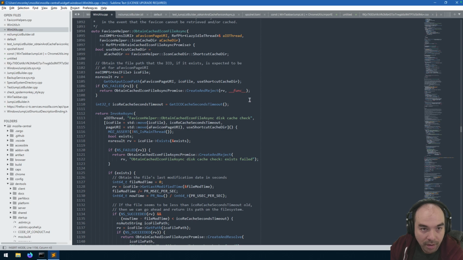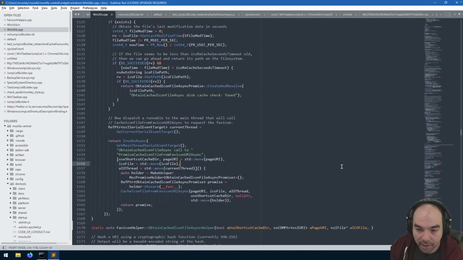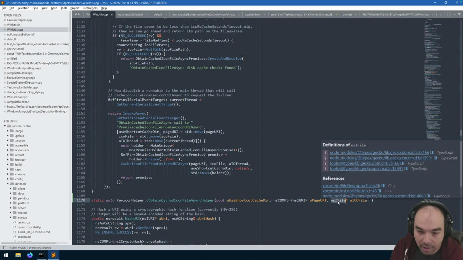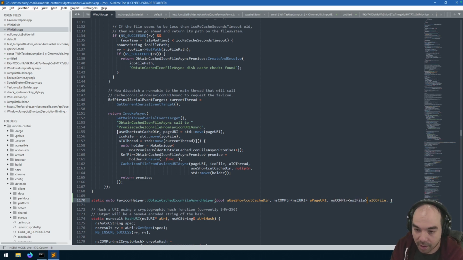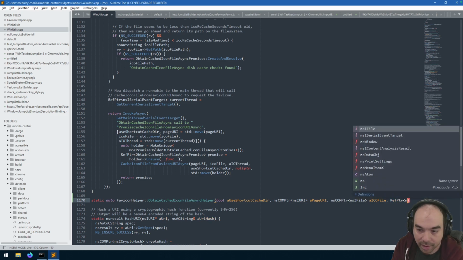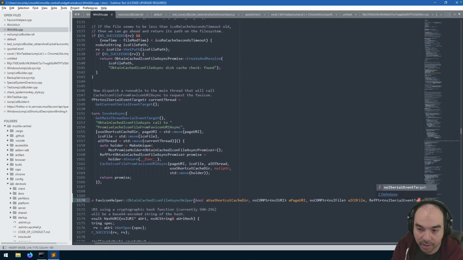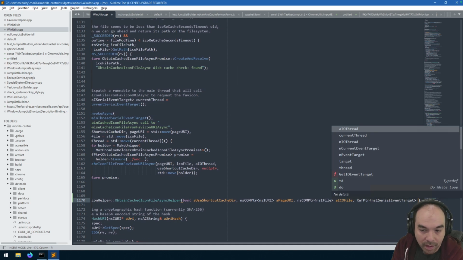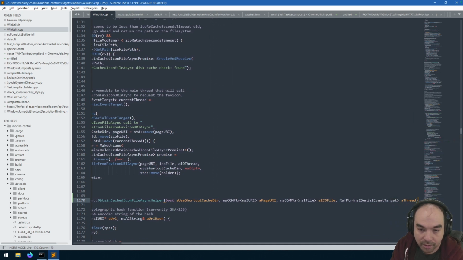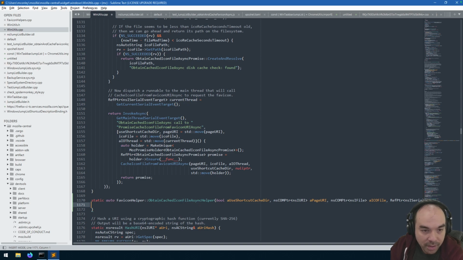COM pointer here, COM pointer for the file, yeah. nsCOMPtr, ICO file. And then what was the last part? It was the thread. So that's a RefPtr to nsISerialEventTarget, a thread. Don't worry about the formatting, we'll deal with it later.